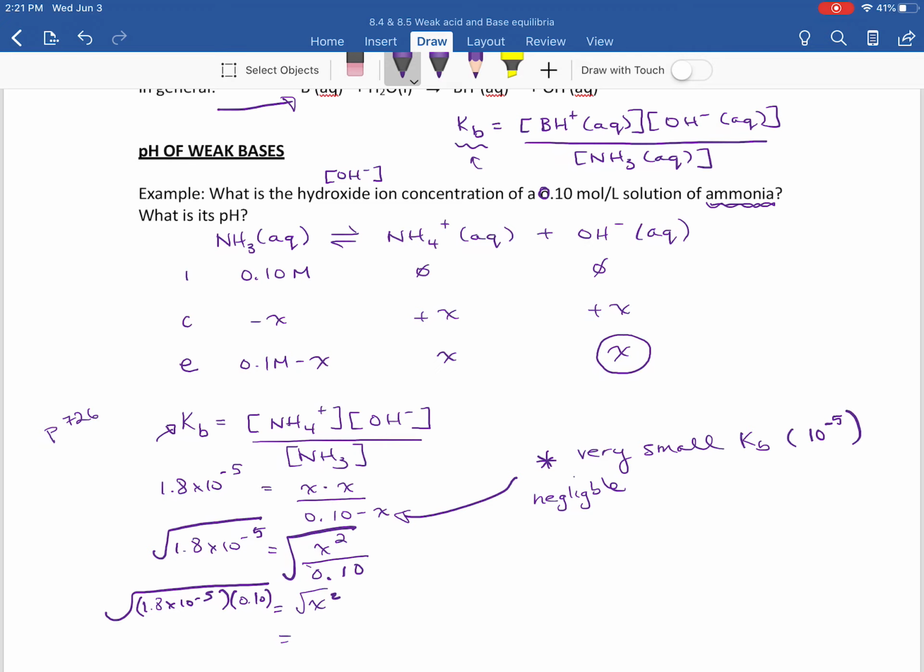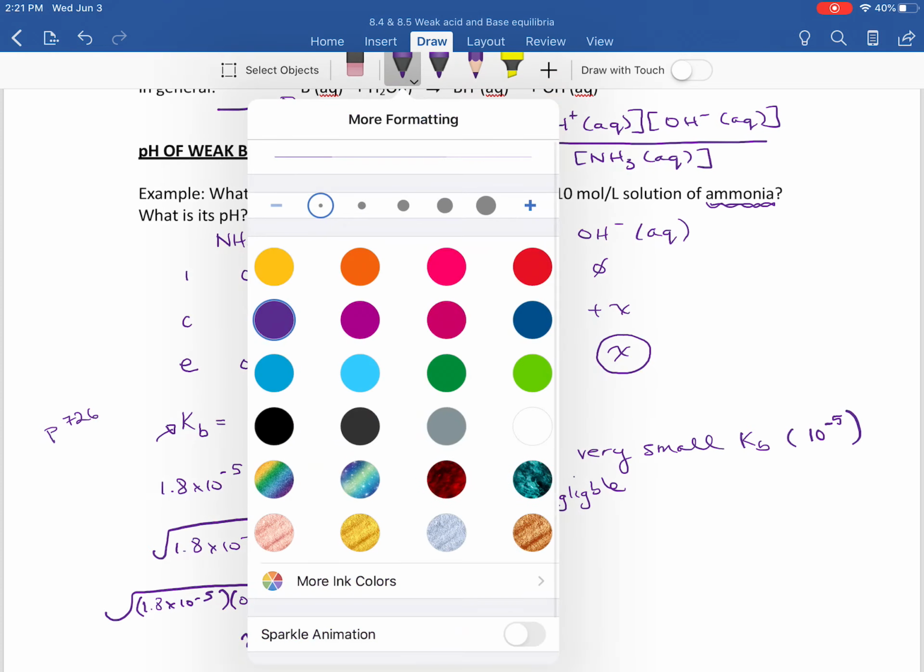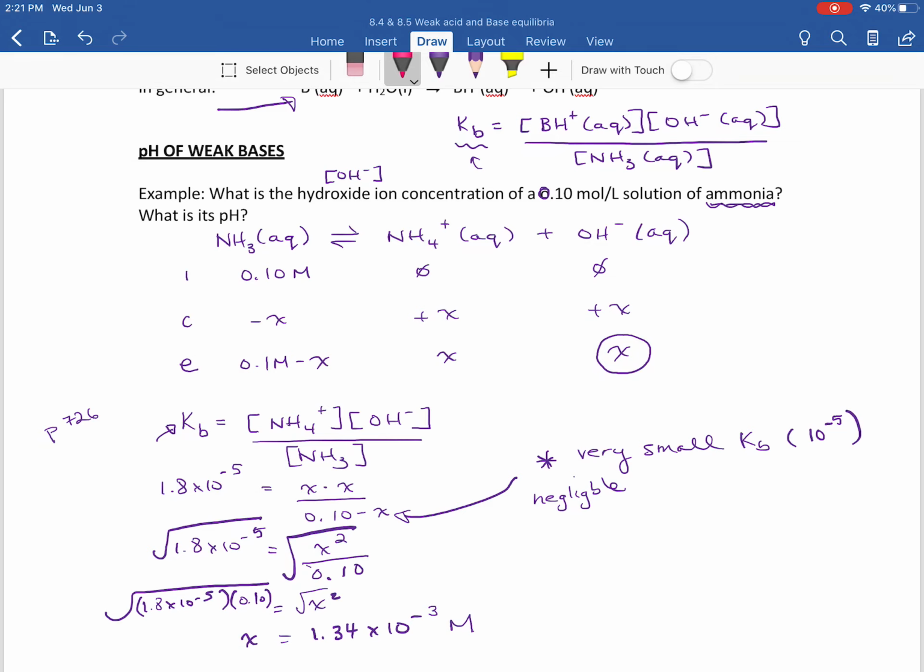Okay, so X in this situation, once we do that math, we multiply these two first and then take the square root on both sides. I get 1.34 times 10 to the negative 3, and this will be in moles per liter because X represents a concentration. When I find what X is, never forget X and OH stand for the same thing. So we can say my concentration of OH at equilibrium is